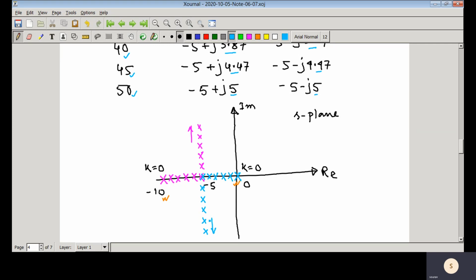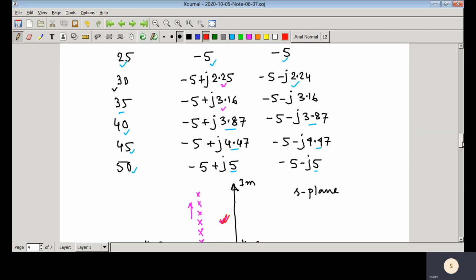moving like that. That means these poles are the closed loop poles, and from this particular example it is clear that this pole is going like this along that direction, and this one is going along that direction whenever k is increasing, tending to infinity. So whatever be the range of k, the closed loop poles, if the locus of the roots is like that, are always in the left half of the complex plane, so the system would be stable when k is varying in the positive range, that is 0 to infinity. So this is actually the root locus.